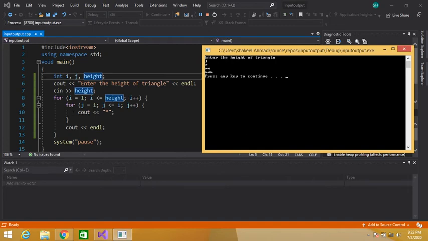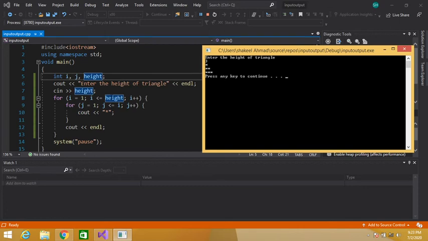Now again our loop closing braces. So the control will shift here. So the value of j becomes 3. 3 is less than or equal to 2, no. So the condition becomes false. So the control will directly jump here and skip the body of this inner loop. So our pointer will move to the next line due to this println. So now our pointer will be moved to this new line, and again the outer loop is terminating.